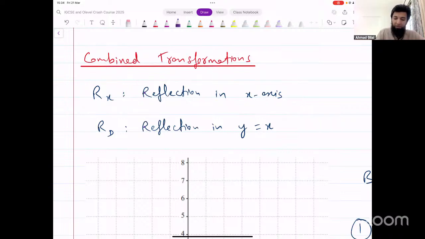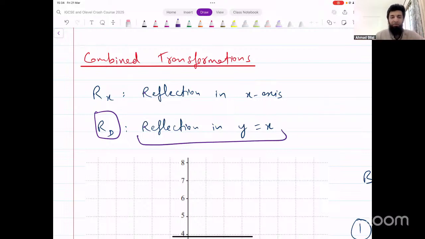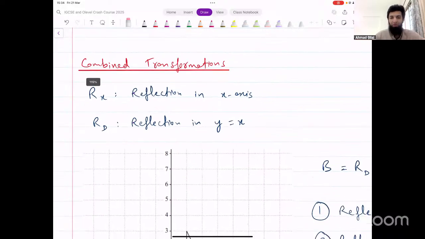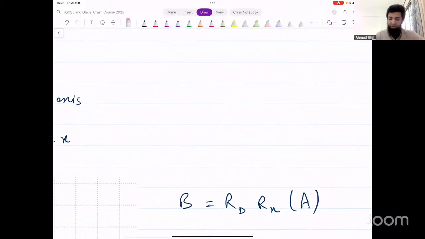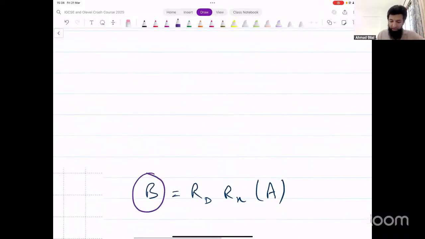We have another transformation which we're calling Rd, and this is a reflection in the line y equals x. We have these two transformations. Rx is reflection in the x-axis. Rd is reflection in y equals x. Now, if you have a transformation defined like this,